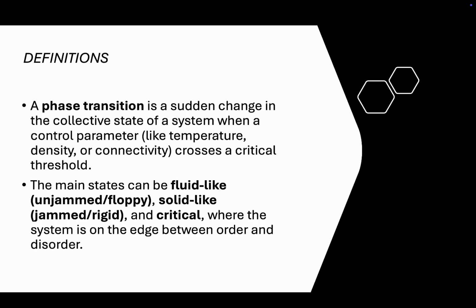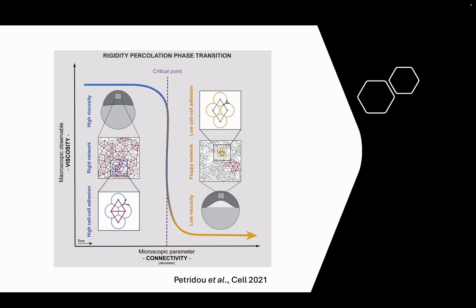When it comes to definitions, a phase transition is a sudden change in the collective state of a system when a control parameter like temperature, density, or connectivity crosses a critical threshold. The main states can be fluid-like, unjumped, floppy, solid-like, jumped, rigid, and critical, where a system is on the edge